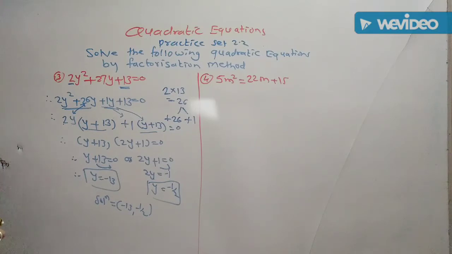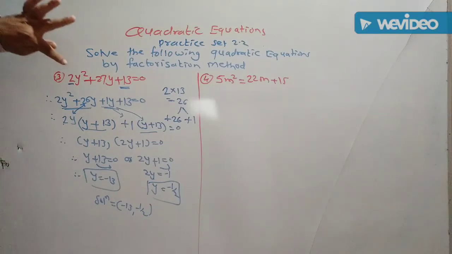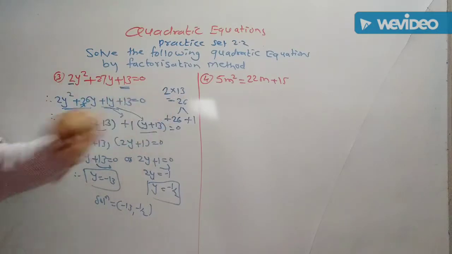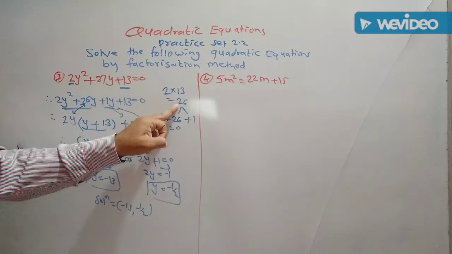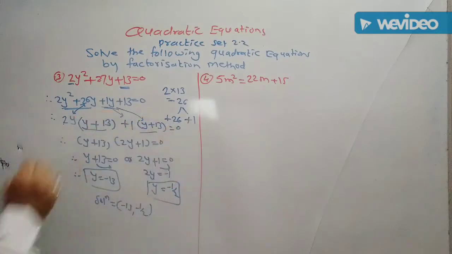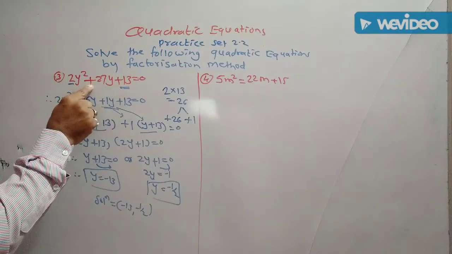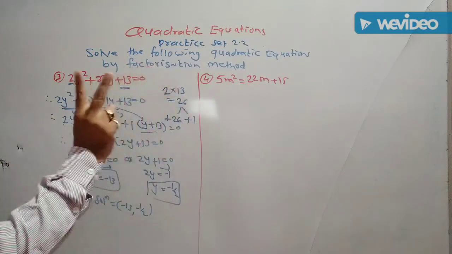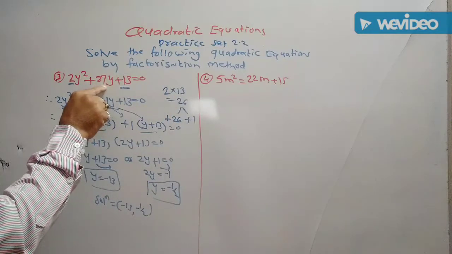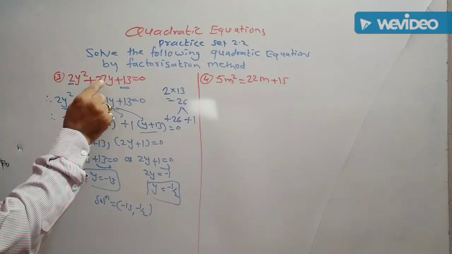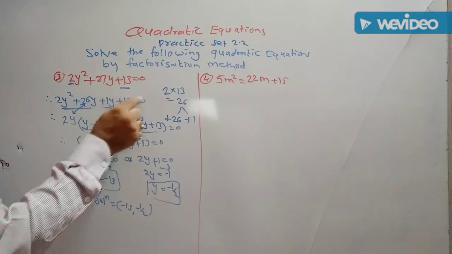That is the example of the type in which the coefficient of the square term is greater than 1. Then we take firstly the product of that coefficient of the square term and the constant term with its sign. Here 2 and 13, product of both is 26. All terms are positive, therefore here I write the plus sign. If product is negative and middle term is positive, or middle term is negative, then I write minus. Now factorize 26 such that their product is 26 and addition is 27. We get 26 and 1. 2y square, from 27y we factorize it, 26y plus 1y plus 13 is equal to 0.